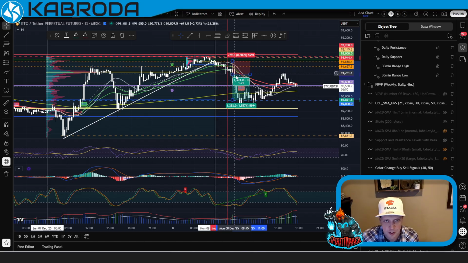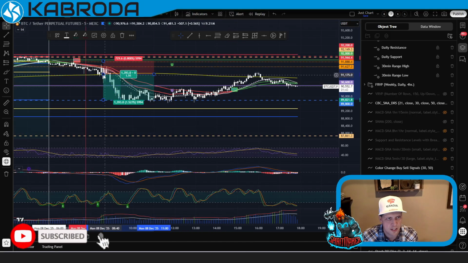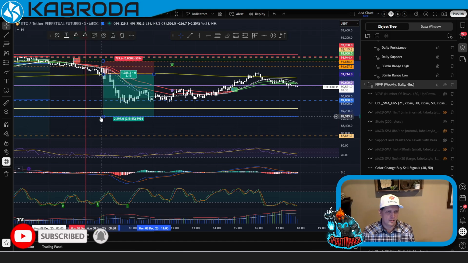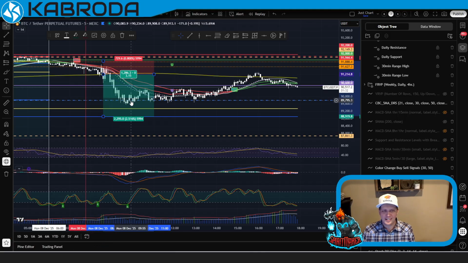So that is a great entry. Nice stop where you'd want to be protected, which is what we were talking about in the strategy. And this is it. We are looking at it right here. Now, you might say, hey, you know what? I thought I was going to go all the way down here. And it went, can't hit the brakes right here on the daily support, which, if you were surprised, I'm surprised for you, mainly because it